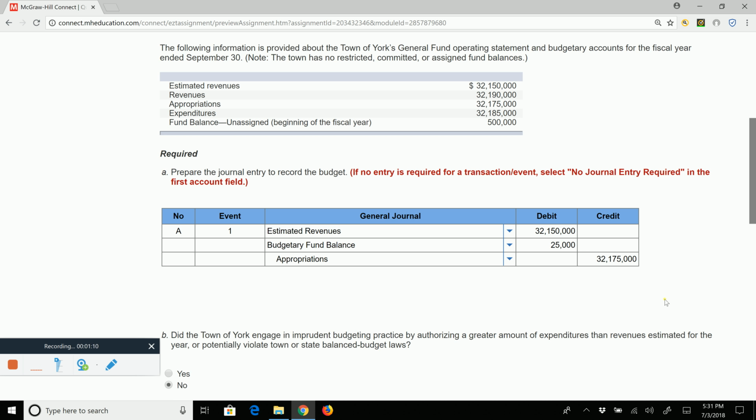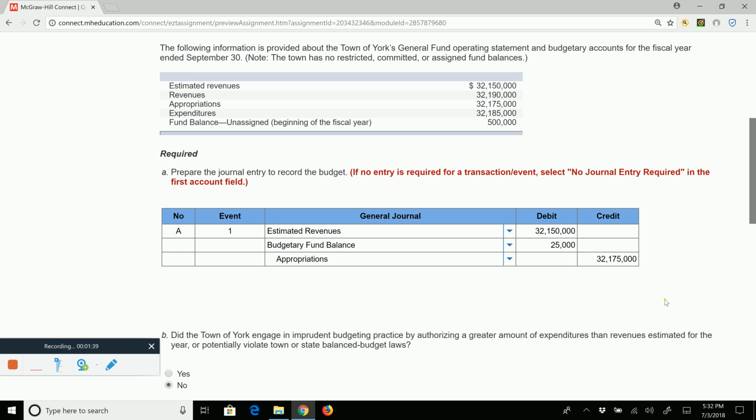Well, because of the decentralized purchasing process, the best way to control spending is to pass a budget. Budgets are required for governmental funds, and the budgets are required for all operating statement accounts. That means every revenue account, every expenditure account, every other financing source, and every other financing use account will have a budget account that corresponds with it.